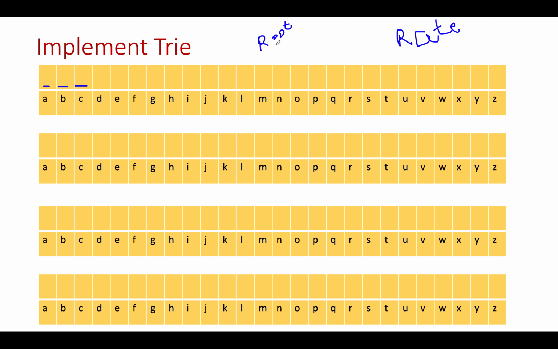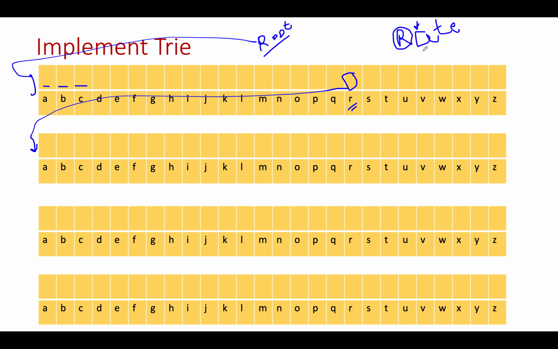Let's start the iteration, and let's just point it here. We have R as a first character. So what you're gonna do, you'll go and check the R-th index in its children. So you have the root node, you'll go to its children pointer and you'll search for its R-th index. What do you see there? It's empty. So you'll create a new node there, and so the children will have a new node created at the R-th index.